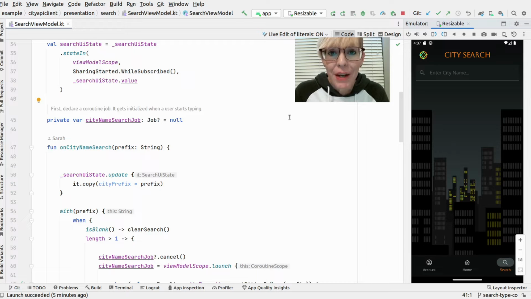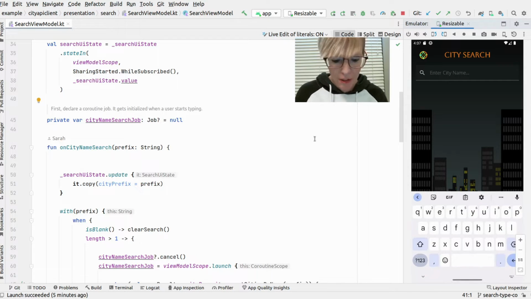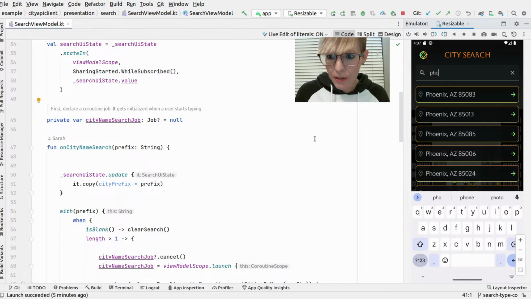So in this video, I'm going to jump right into Android Studio and show you how the City Search actually works. In this example, I'm just going to show you the search-as-you-type functionality. So here I go, I start typing, and immediately I get Phoenix. There are a couple of ways to implement this type of functionality, so I wanted to show you